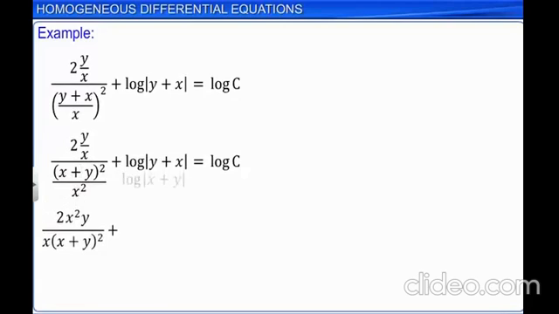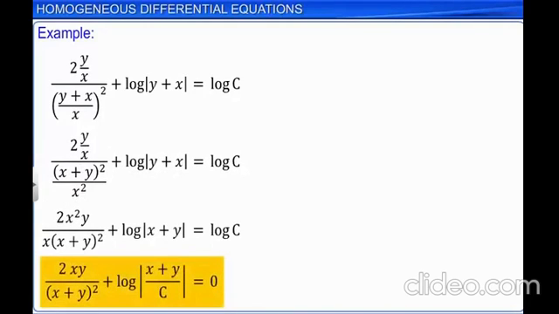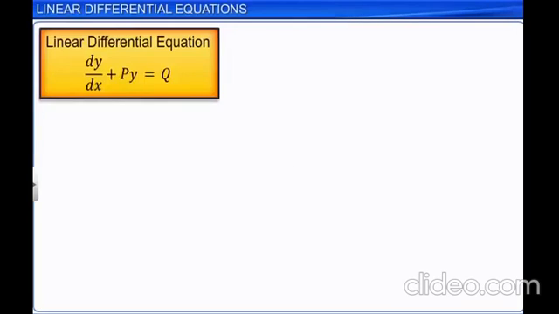We get the solution as 2xy upon (x plus y) whole square plus log of (x plus y) upon c is equal to 0. A linear differential equation is of the form dy upon dx plus p into y is